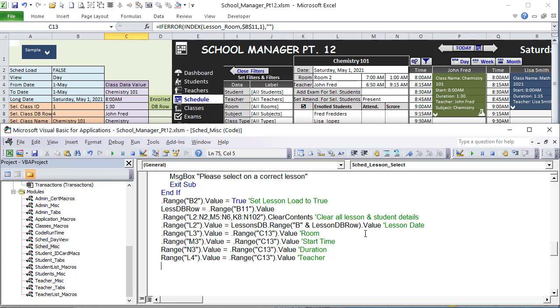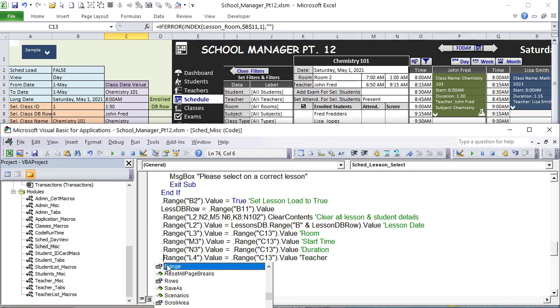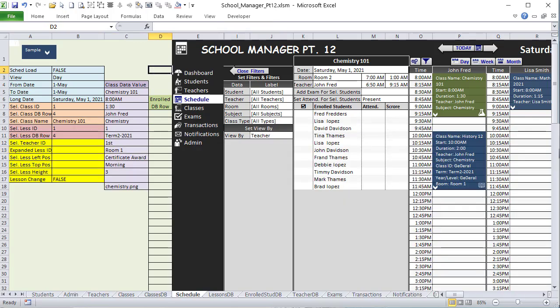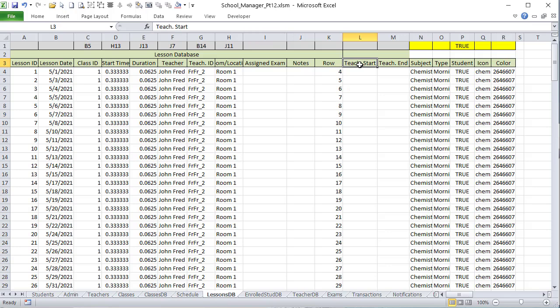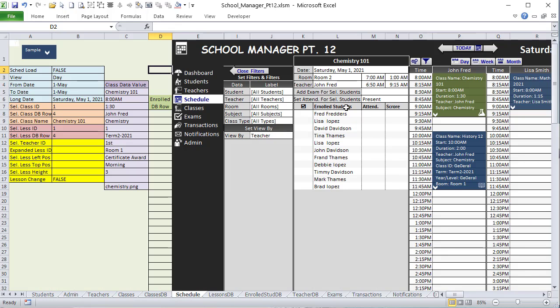That's going to come from the database, right? So the database we have here. So I'm going to copy this. So now what I want to do is I also want to put in the start time. Remember we added those columns here, lesson database, start time in L and M. That's where our teacher start and end times are going to come from. So we need that as well to place directly